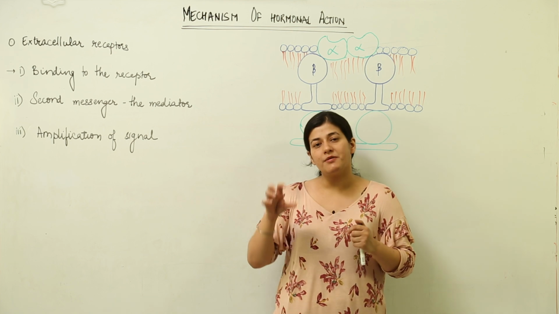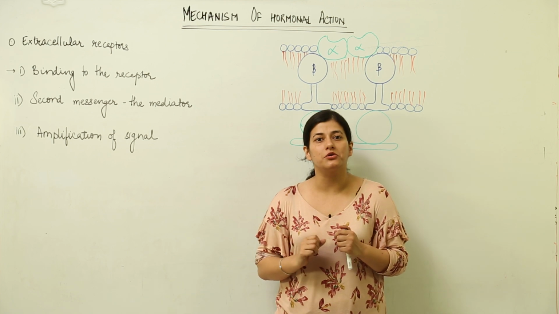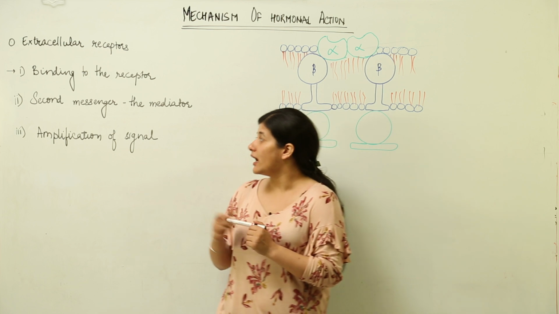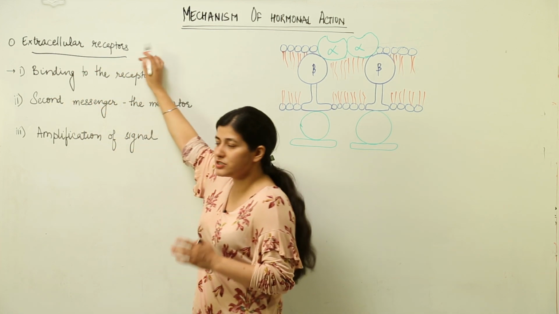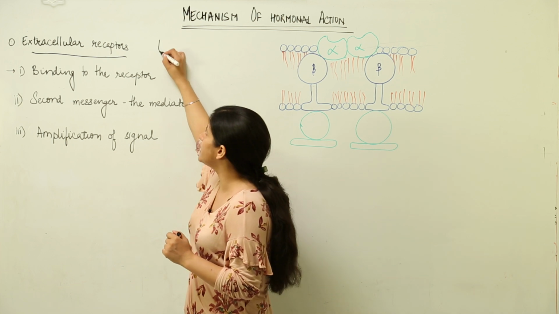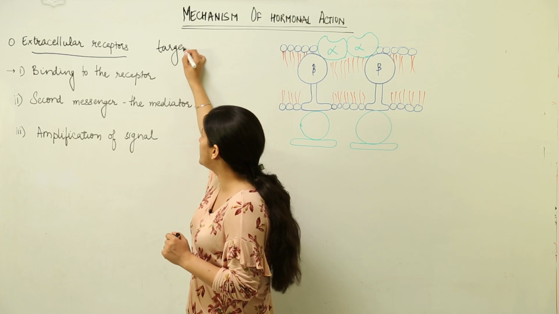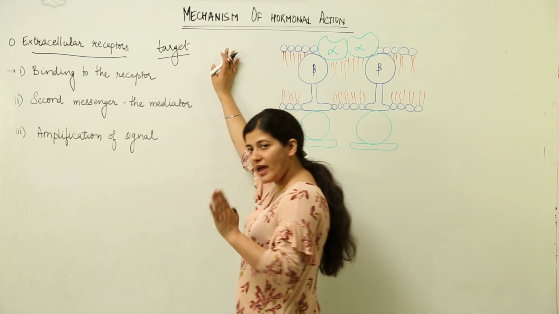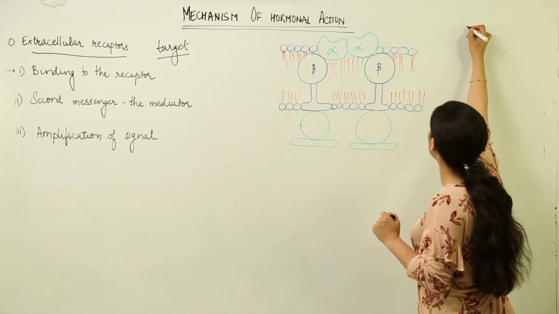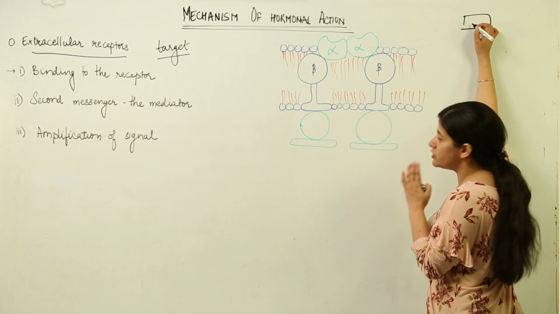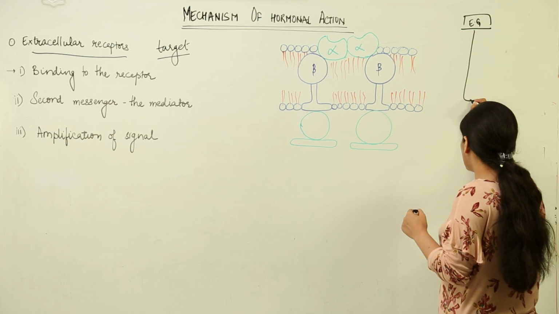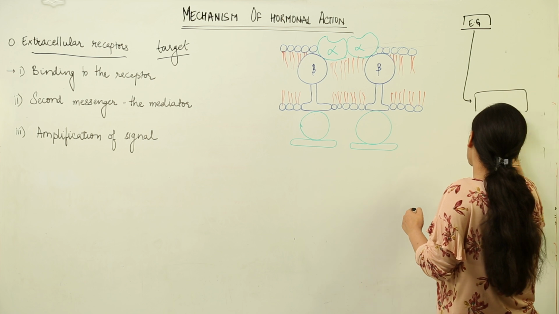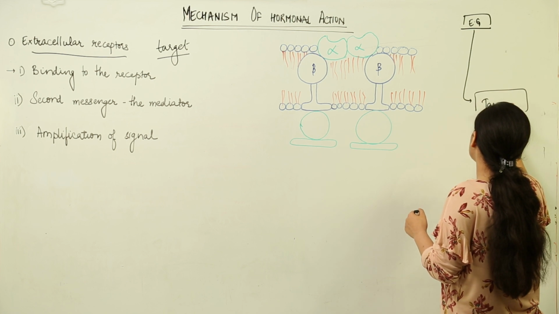We will come to that, but before that we have the case of non-steroidal hormones, where it takes place through extracellular receptors which are present at the target organ. I hope I have put the point clearly that we have a hormone. It starts from the site where it is produced, supposedly the endocrine gland. It has to come through the bloodstream to the target organ or the target cells.